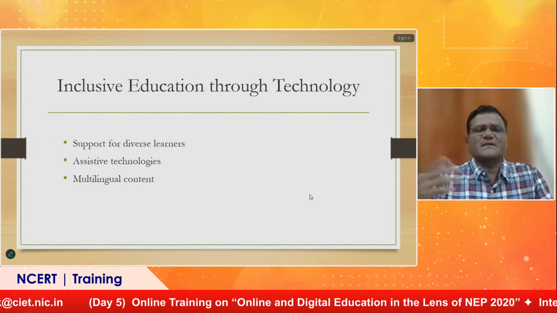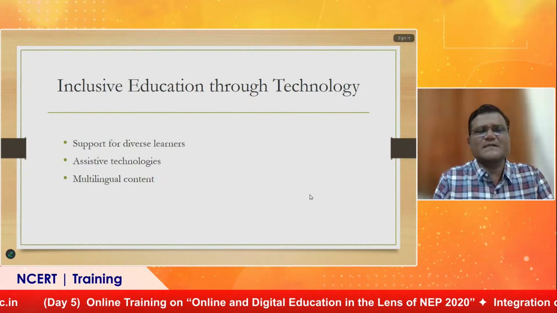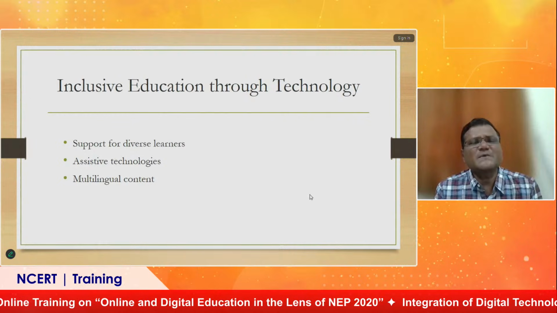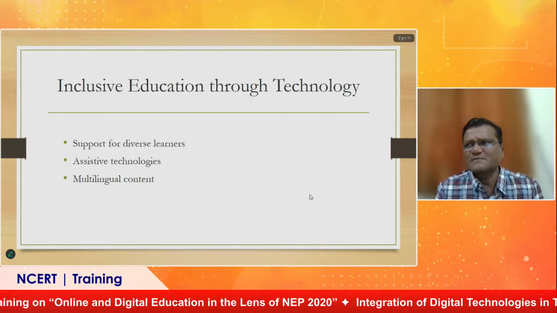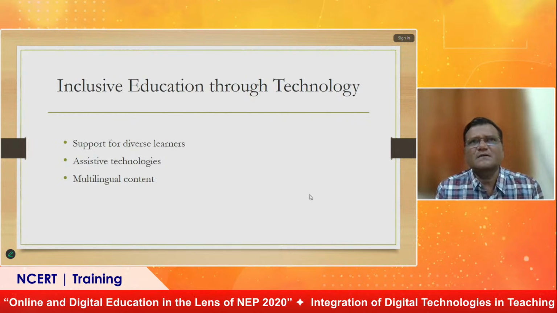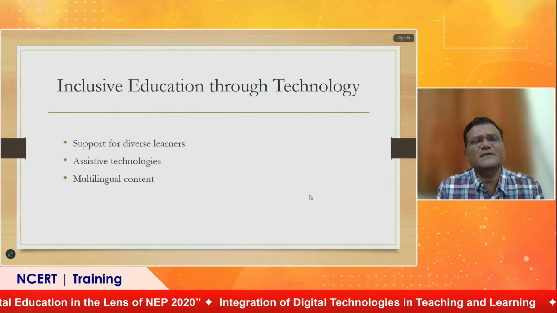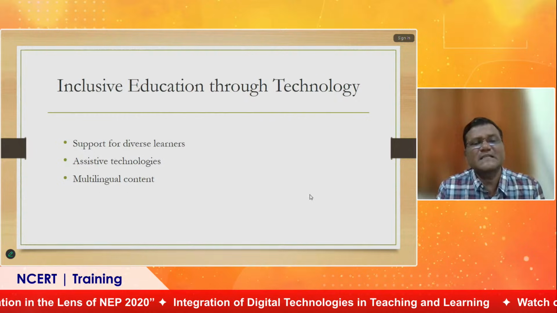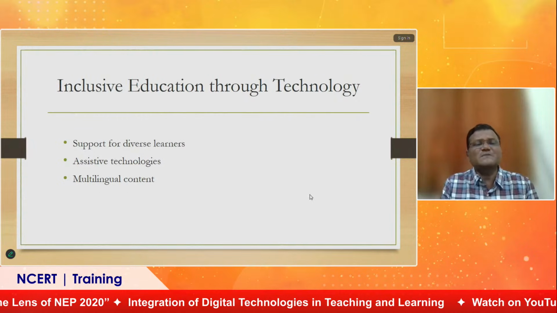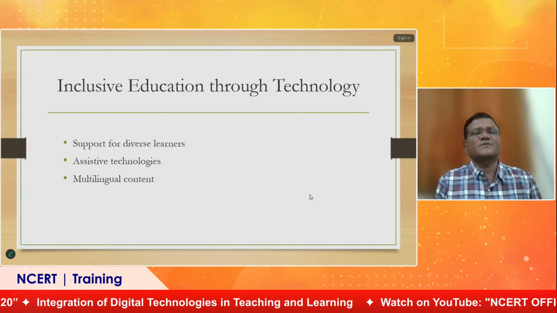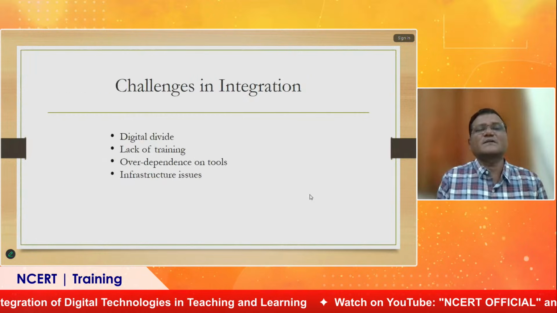We have to speak, it will convert it into text, and automatically it will provide the answer. Such n number of technologies, the DAISY tool, or a magnifier, or we just speak and it will convert it into text. Apart from this, multilingual content is also available for inclusive education.